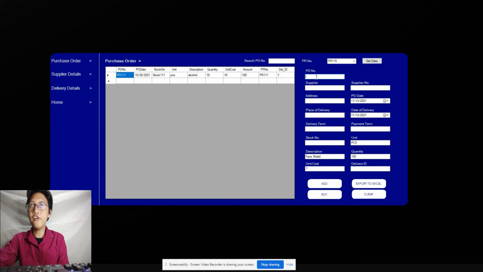Next is the purchase order, where transactions are made and the order of the requested items are being delivered. The admin will also generate a report of the completed purchase order of the items.